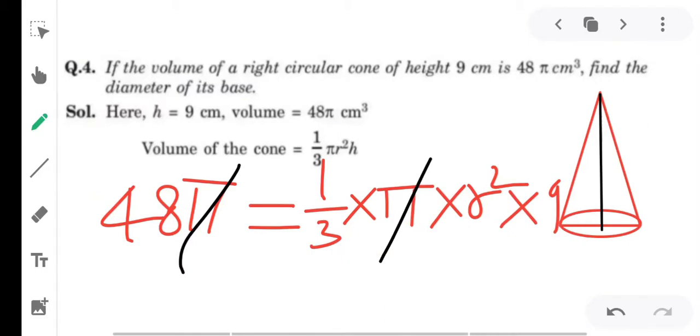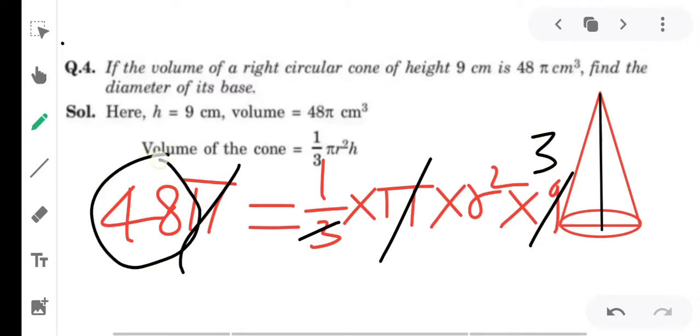And here you can see that this 3 can cancel out the 9 by the 3 time, right? So the remaining value is 48 r square and this 3, right? So simply what we can do, all the values are cancelled out and we have the remaining 48, right? And this 48 is divisible by this 3, right?